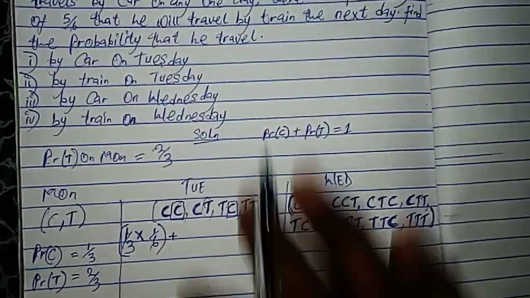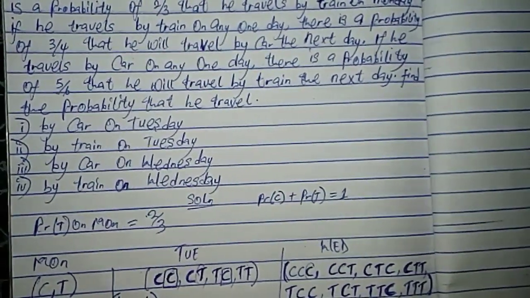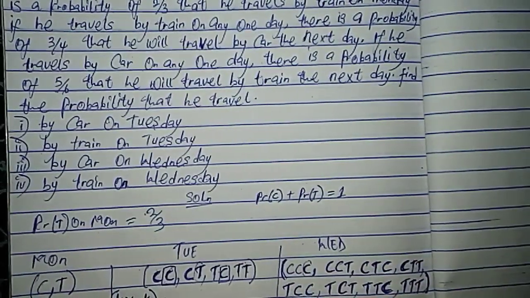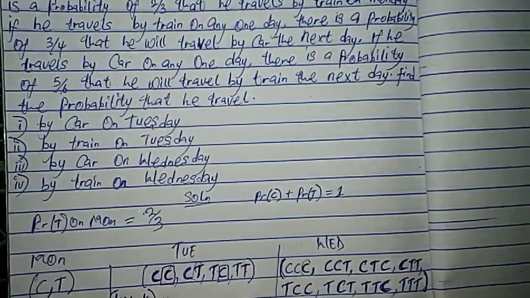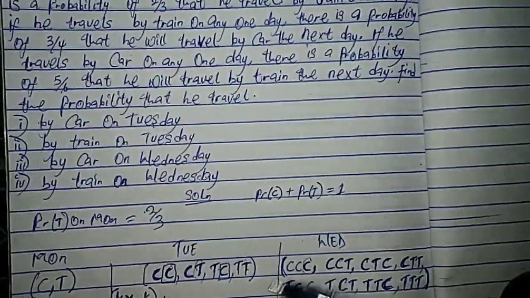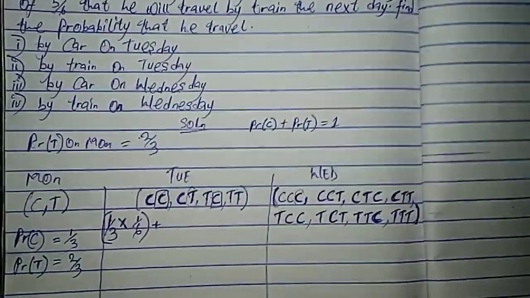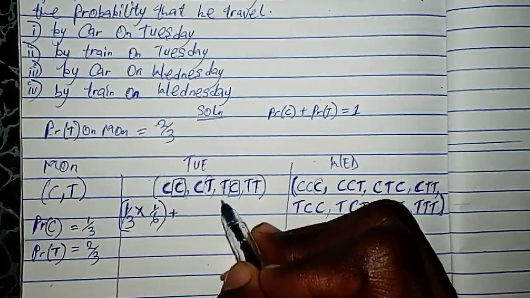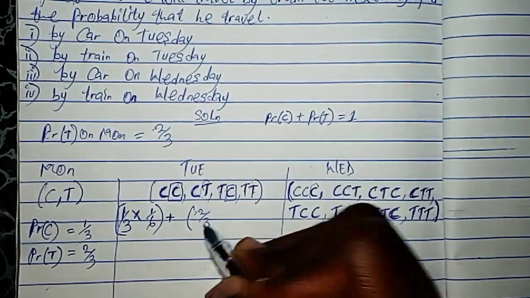1 over 3. From the question, we know that if he travels by car on any one day, the next day, there is a probability of 5 over 6 that he travels by train. But now, we are not looking for the train here. We are looking for him traveling by car on any one day and traveling by car the next day. Now, for car the next day, since this is train, it should be 1 minus train. 1 minus 5 over 6. And that is 1 over 6. Plus the probability of him traveling by train on Tuesday from here, that is equal to 2 over 3 plus